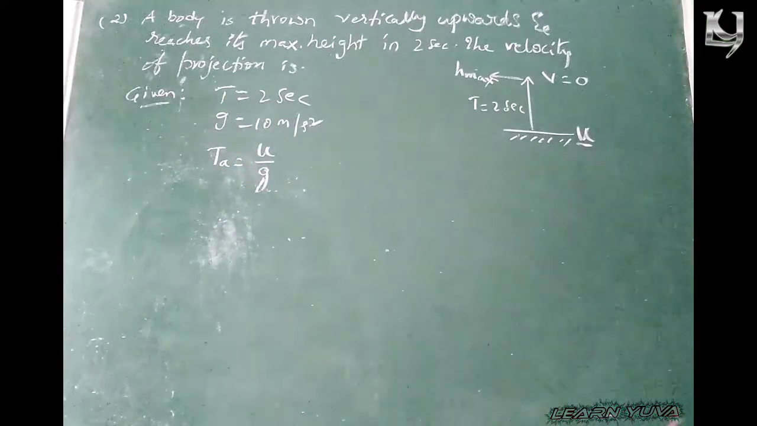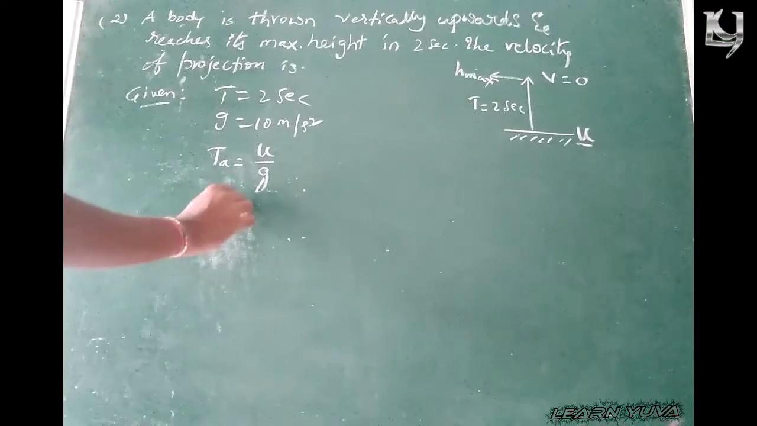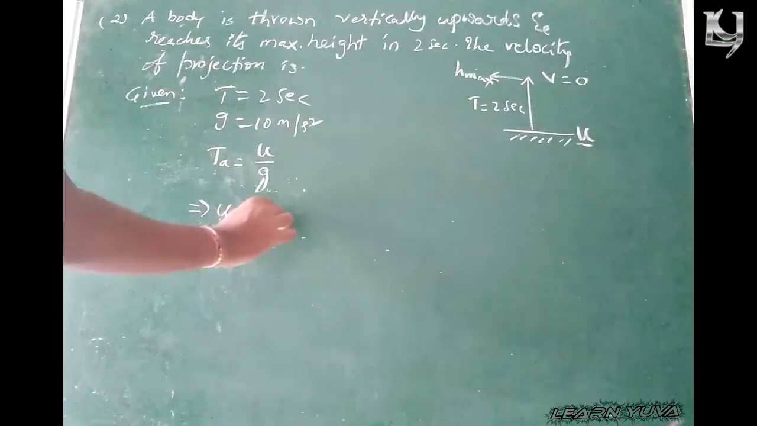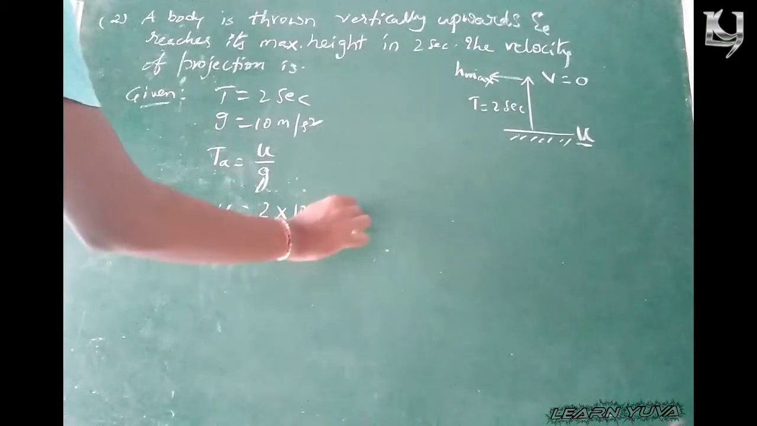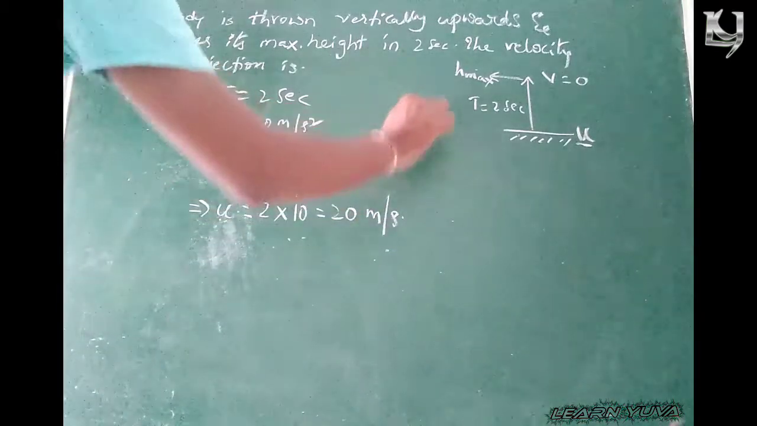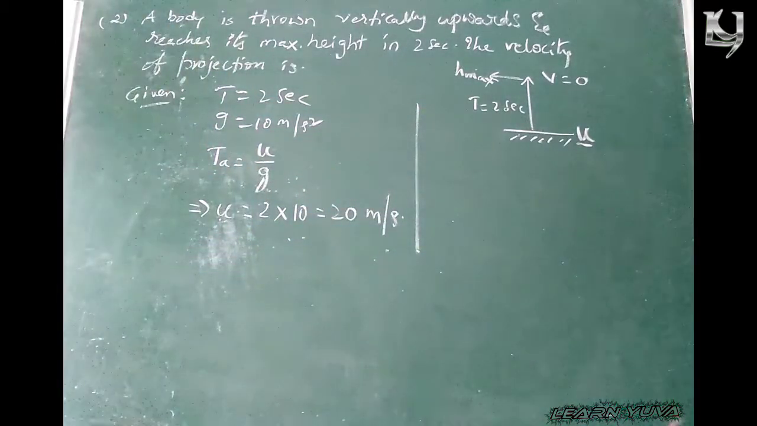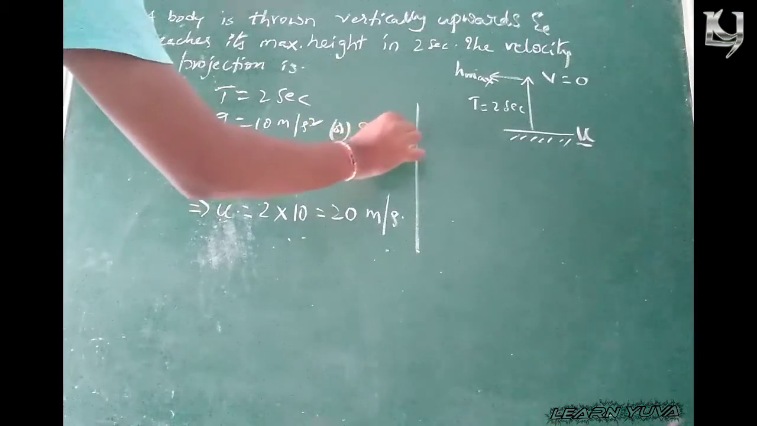We need u. u is equal to time of ascent, which is 2 seconds, into acceleration due to gravity, 10. 2 into 10 is 20 meter per second. Or if you take the g value as 9.8 meter per second square,